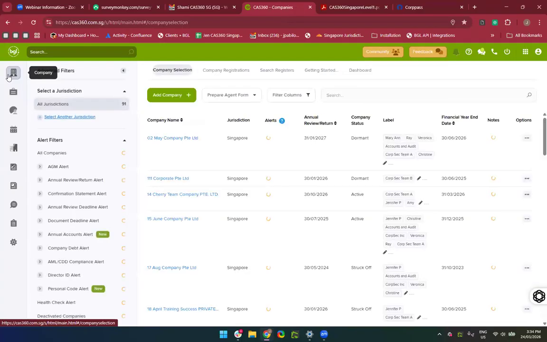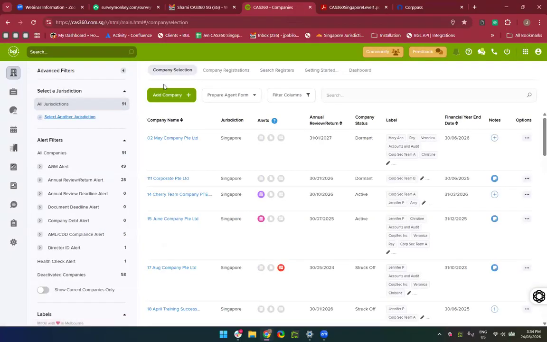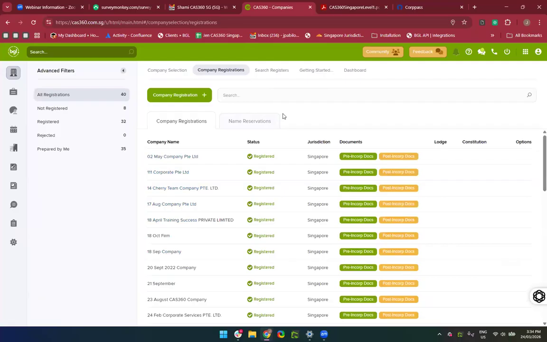Now, the other way of adding a company is typically through your company registration. So when you have a new client who engages your service from the very beginning, including company registration, CAS 360 is able to process both your company registration process and produce your pre-incorporation and post-incorporation documents. So here on the left-hand side of my company registration, you'll be able to see which are the companies that you have